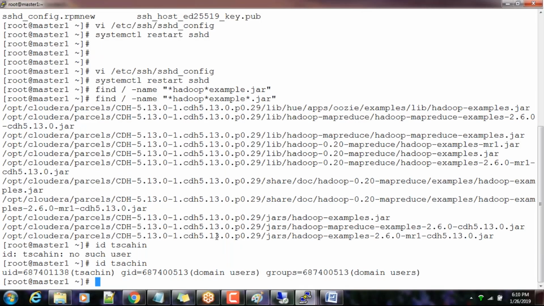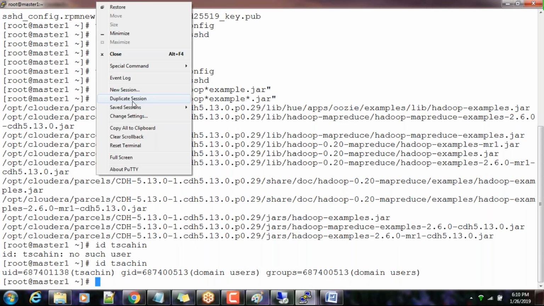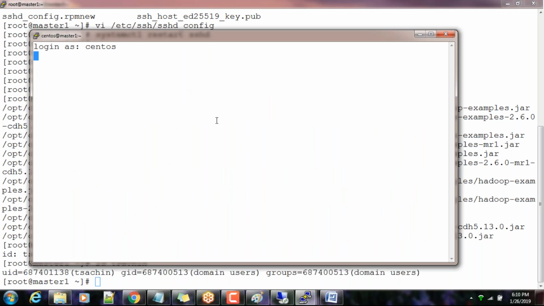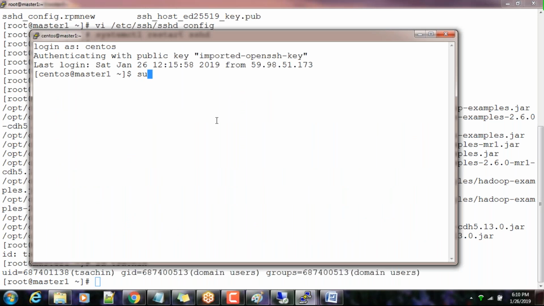Okay. Let me duplicate one session, not from the root user. One second. So SSH. Okay. If I just use klist,